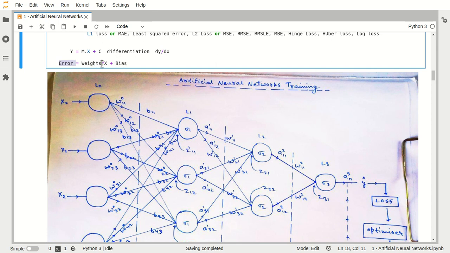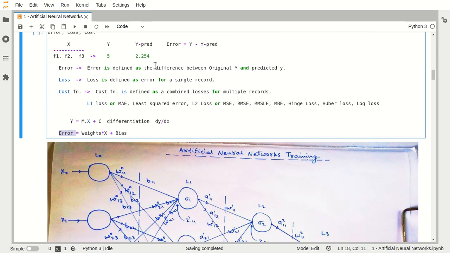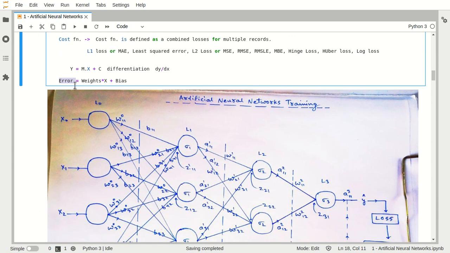It is depending upon x as well, it is true, but again this error is dependent upon weights, x, bias as well. Now x will be constant here, x is not going to change, but these weights and bias are getting changed. They will be changed as per our requirement, and we are supposed to change these weights and this bias, because whatever error we are going to generate here, this y minus y pred, this error is depending upon these weights and bias, right?